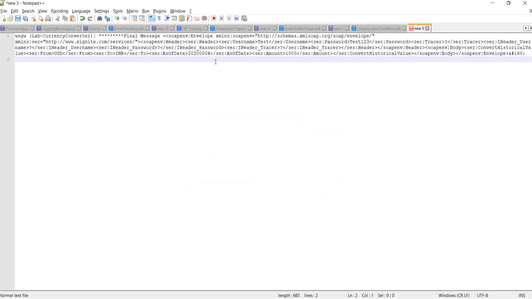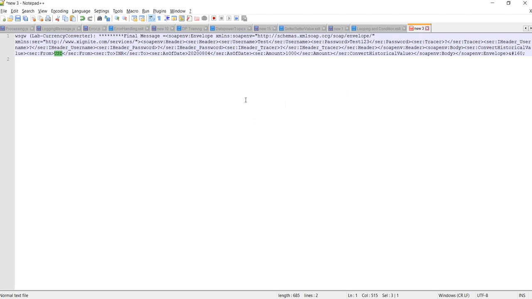Here we can see the as of date, whatever we passed in our request message, and we can see the from value and the to value. So we can say that our message is constructed well.